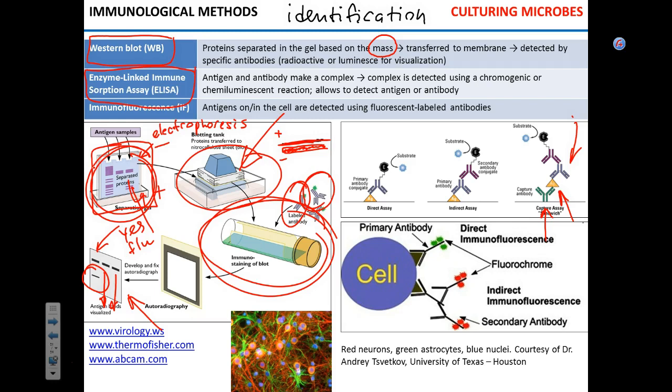Now, what's convenient about ELISA compared to Western blot? First of all, it can be quantified. Think about this. The more antigen you have bound, the stronger the signal you're going to have. Is that clear? More antigen means more complexes, more signal. Signal can be color change or fluorescence or luminescence. So it is easily quantifiable.